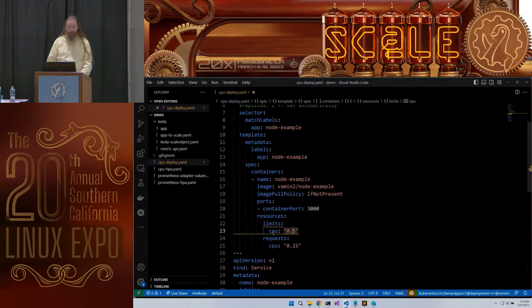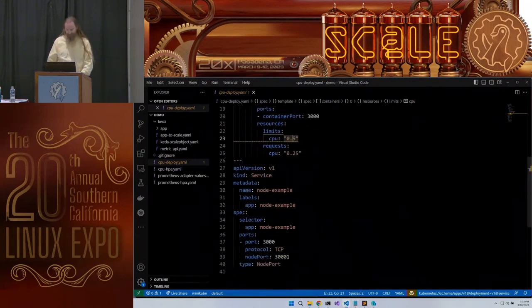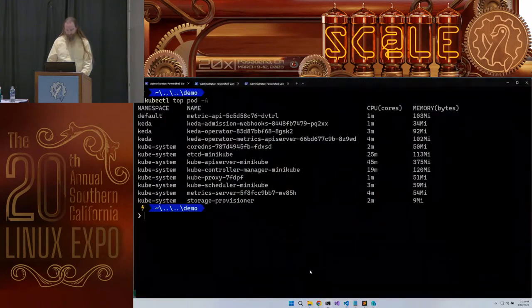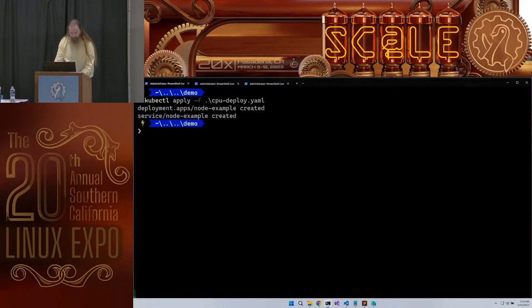But that's why I've got this squiggle here in VS Code. It's like, hey, you didn't specify the other limits. Yeah, I know. I've also got a service wrapping this just so that we can get at it. So let's do that. kubectl apply -f CPU deployment. Excellent.